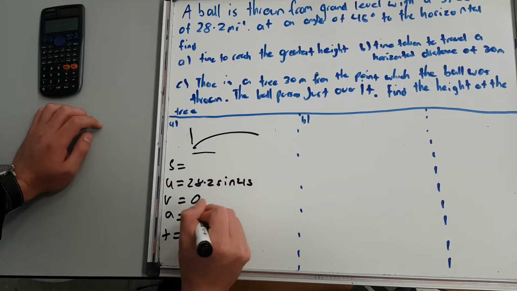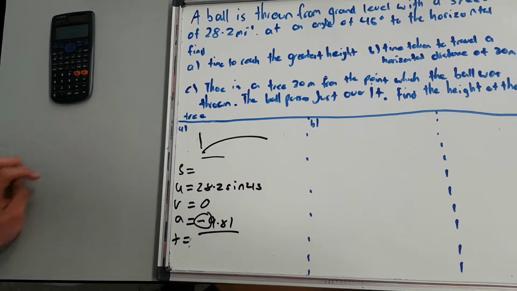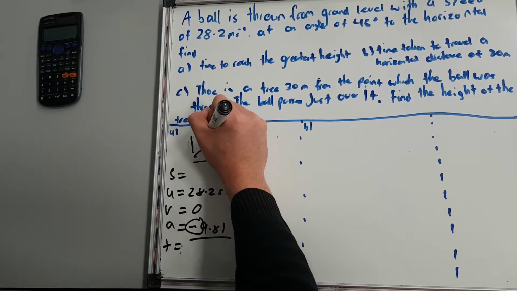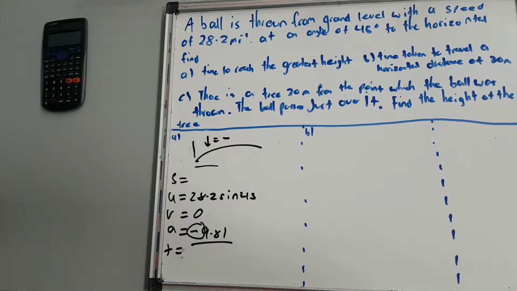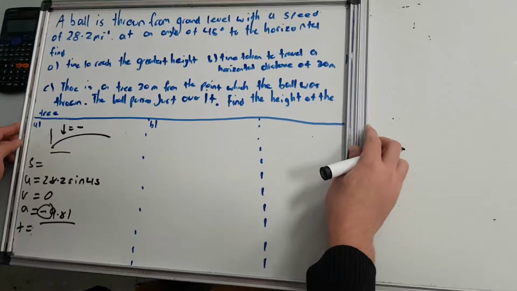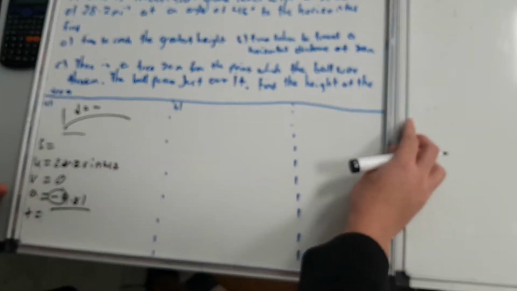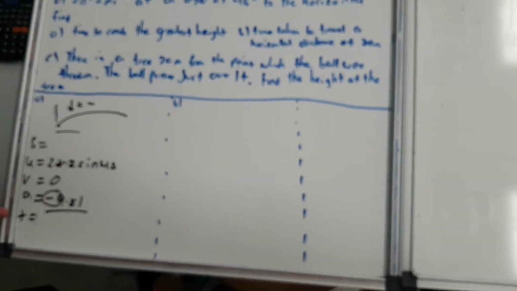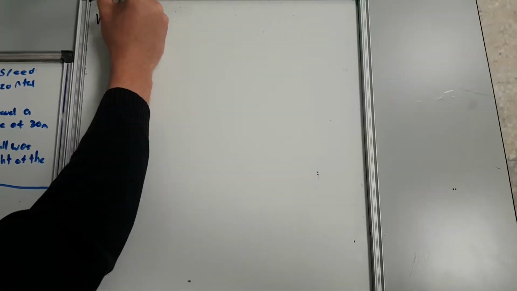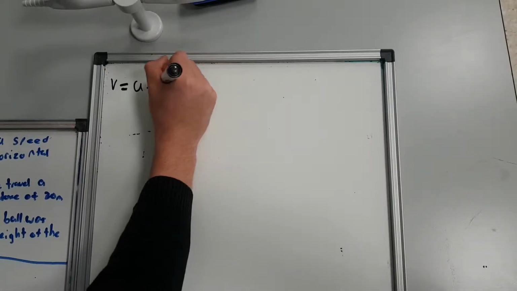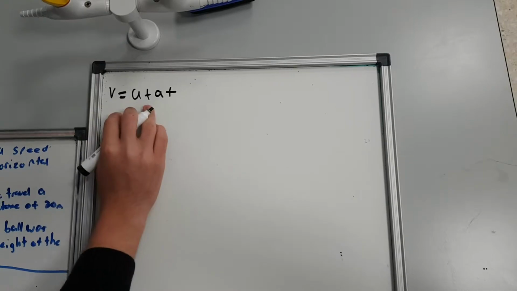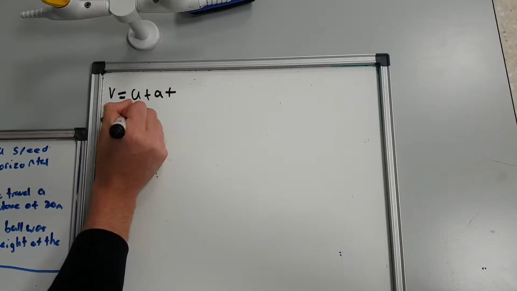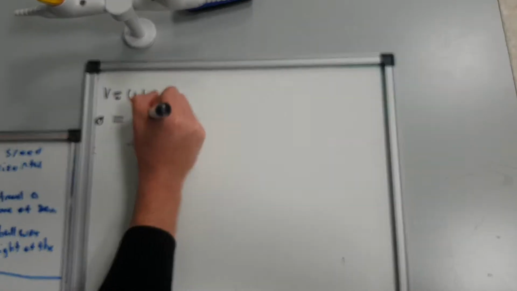That's another really important thing you need to take into account. You need to decide which direction you want to sign. So I'll say for this one, down is equal to negative. Okay, so we want to see what we want to find out. For this one, we want to find out the time taken, so we just use v equals u plus at. So here we go, v is equal to u plus at, and it's easier to just substitute the values before rearranging. So we have 0 is equal to 28.2